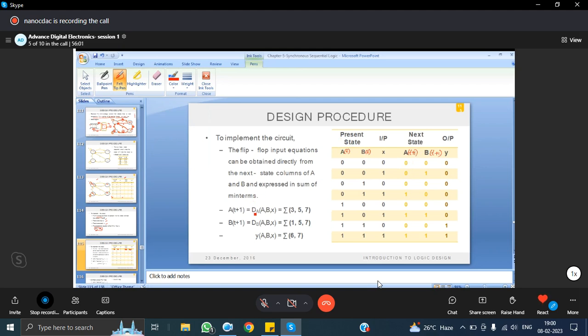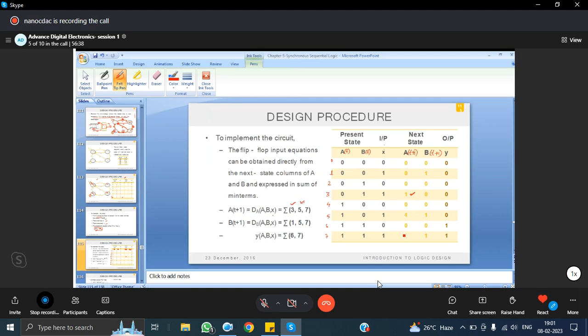A of t plus 1 is equal to dA, that is, dA means input D. Okay, input D, dA into ABX, which is equal to... look here, this is 3. This is 0, 1, 2, 3, 4, 5, 6, 7. Okay, so this is 3 and this is representing